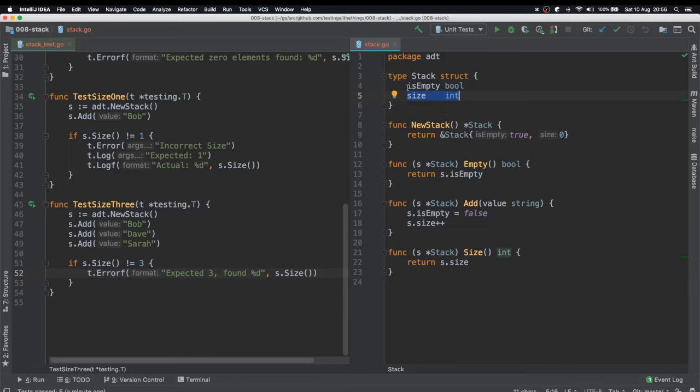So we could remove our is empty variable and just make use of the size in the empty functionality. So if we do return size equals 0, there we go. And if we run our tests again,